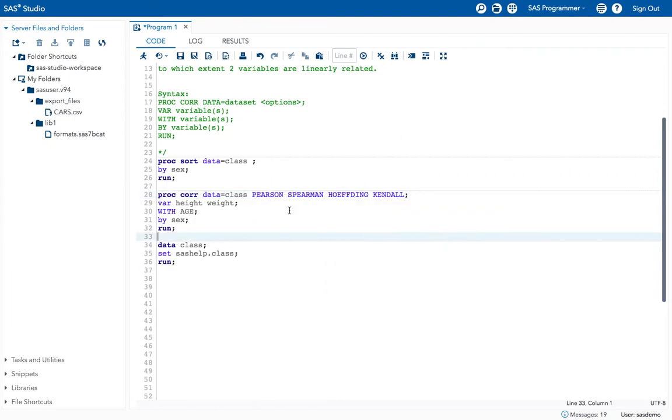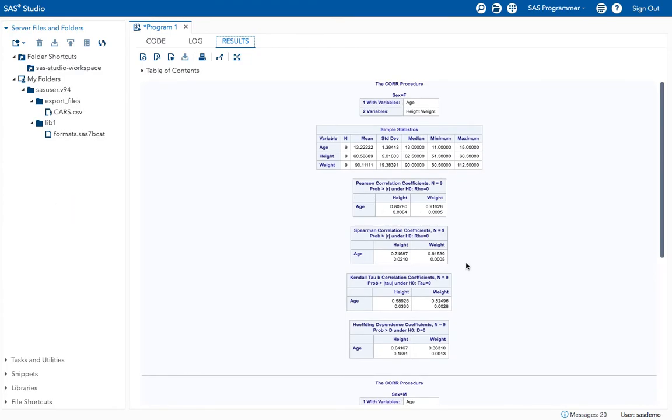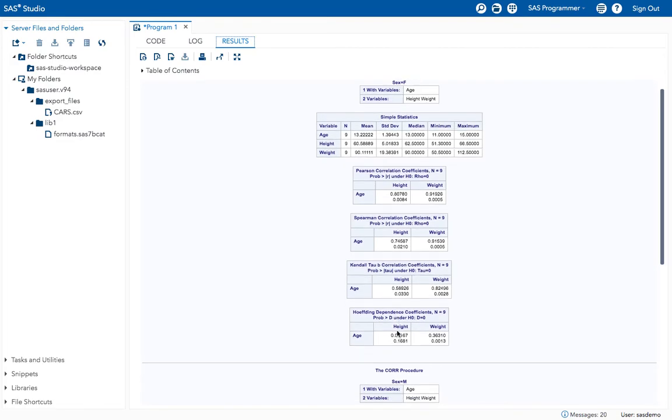correlation tables, okay. Now execute the program. Now you will get all the four types of correlation tables. See, now I got the Pearson correlation table, Spearman, Kendall and Hoeffding. You can see this Pearson table or Spearman table or Kendall table or Hoeffding table. It completely depends on your requirement, based on what type of table you have to present. So it will come from your requirements from your work, okay.